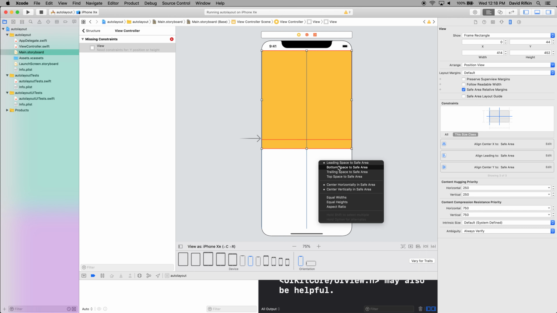So leading and trailing space is the horizontal orientation. Top and bottom space is the vertical orientation. I said that this is centered, and relative to the safe area, the leading part of the safe area, it is 0 points from that. So it's all the way to the edge. And because it's centered, it's saying, if a box is going to be centered and it's stretched all the way to the boundaries from the middle on one side,